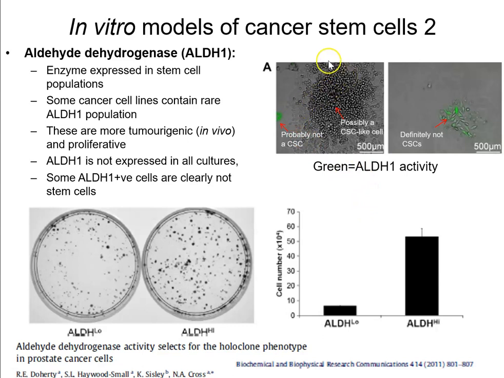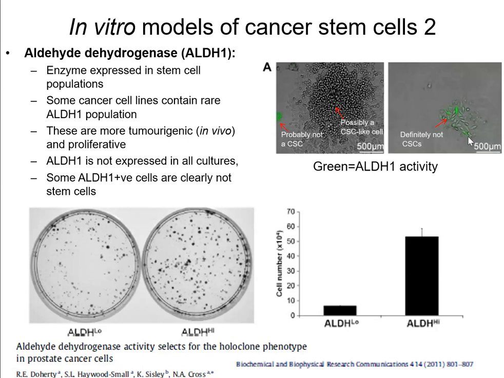Now, this is a mass of very rapidly proliferating prostate cancer cells, and in the middle there is a couple of green pixels in there, and there is one very bright green cell in there that's very difficult to see. We think that that is quite possibly a cancer stem cell like cell, but then equally there are other cells that form, often quite large, senescent, very unwell looking cells, or very spindly little colonies like this, which are also